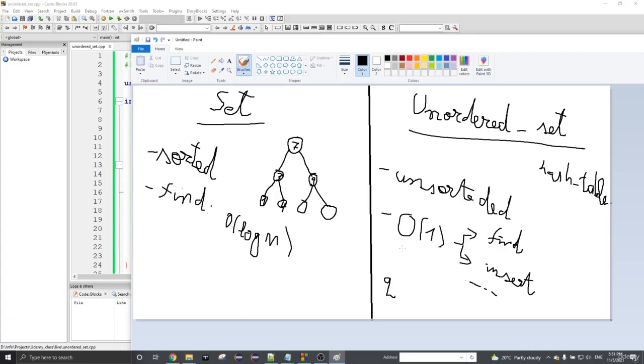Here it will just take us O of q. And if q is quite a small number, you can just consider it O of 1 as well. So this is why this data structure is very useful, and you should always remember this container, put an asterisk mark on it,